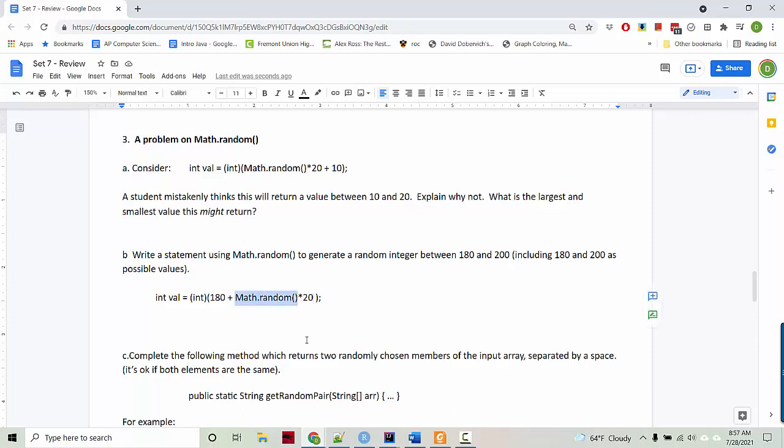So let's say Math.random is as large as possible, so not quite 1, 0.999999. In that case, I'd have 180 plus 0.9999 times 20, and what's that going to be? I don't know, I'm thinking about this so hard. That's going to be